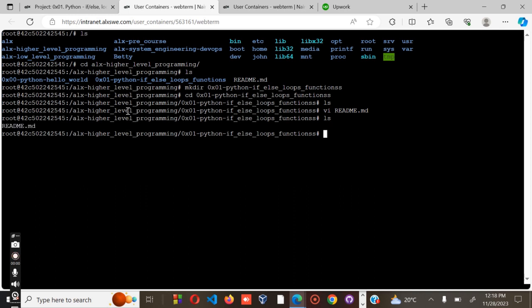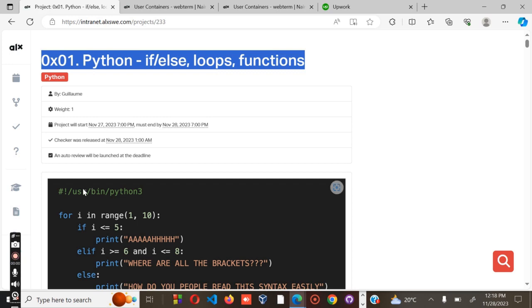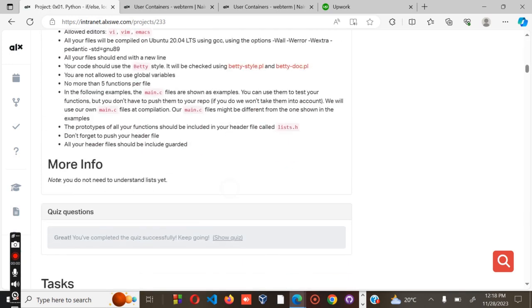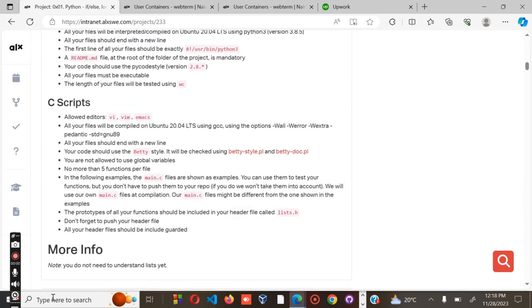Okay, let me see. So as you can see, I've created the readme file. Okay, so the next part, as per the instruction, the prototype. If you look at the prototype, we are supposed to have the prototype of your function included. This one. So I will copy this one